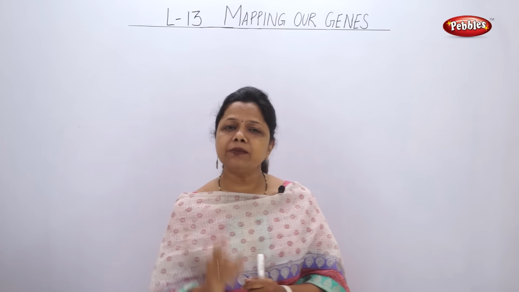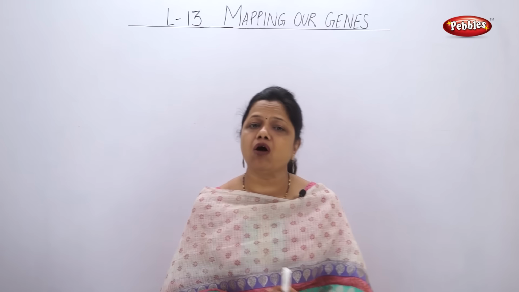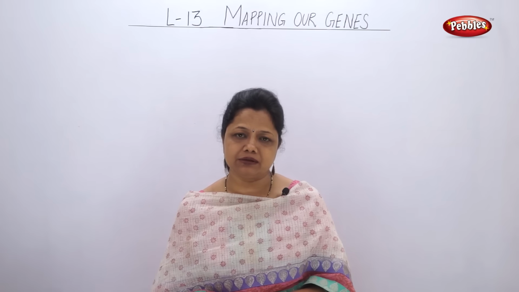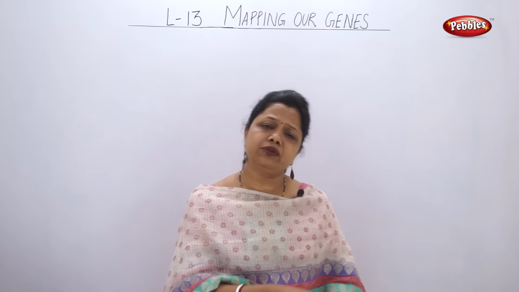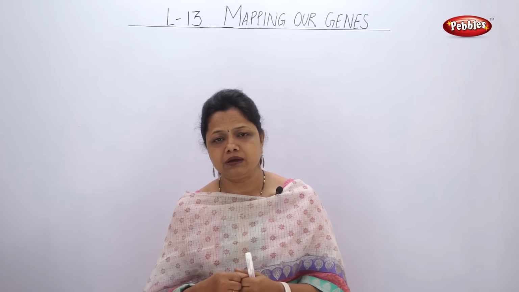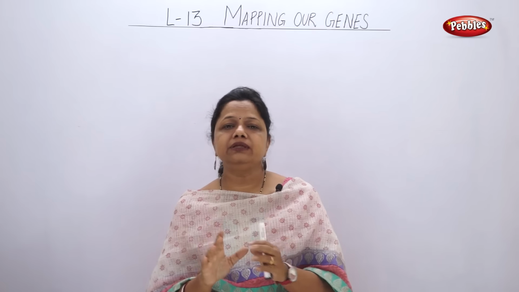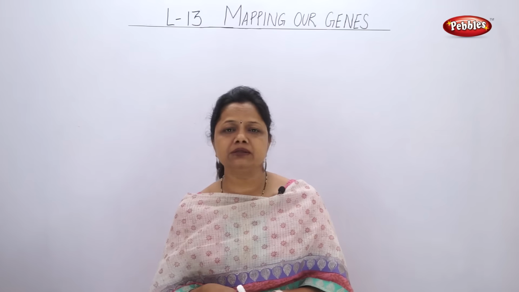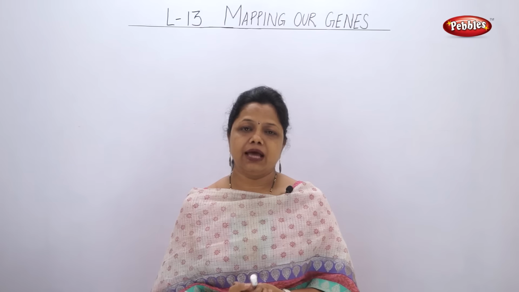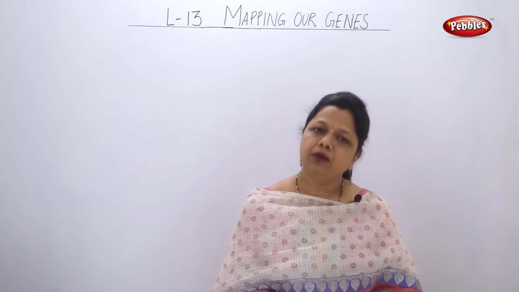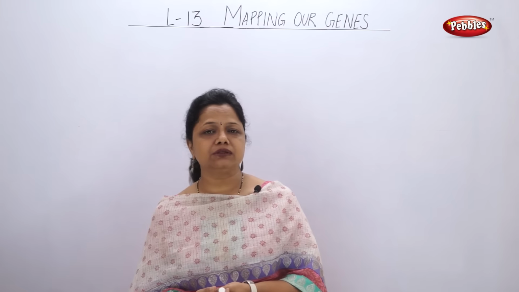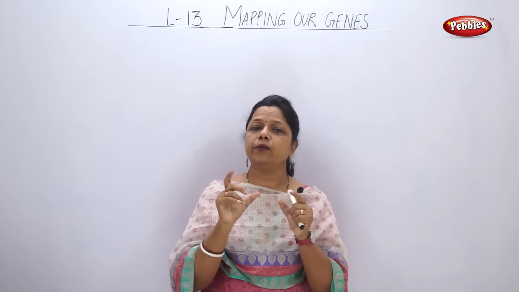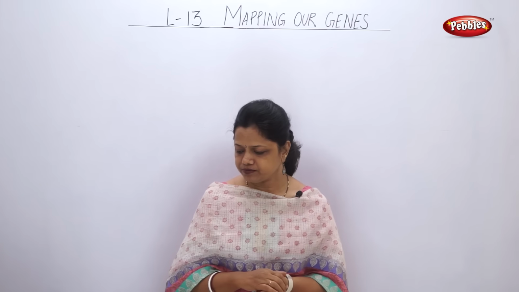That means there are some characters of your parents which are seen in us. When it is seen in us, those characters are dominant characters. And the characters which are present from parents but not seen in me, that means it is a recessive character. The character is present in me from my parents, but that is not seen by others. And that character which is inside me, but not seen by any other person, is called a recessive character. So two new words which we have to understand are dominant character and recessive character.